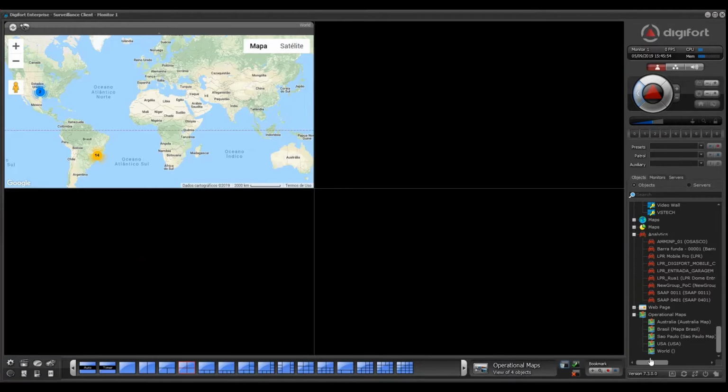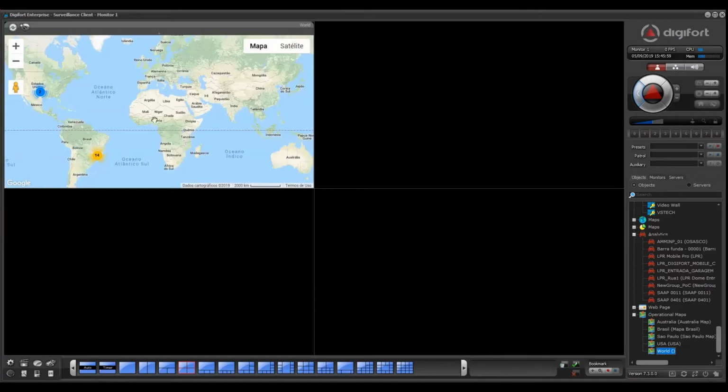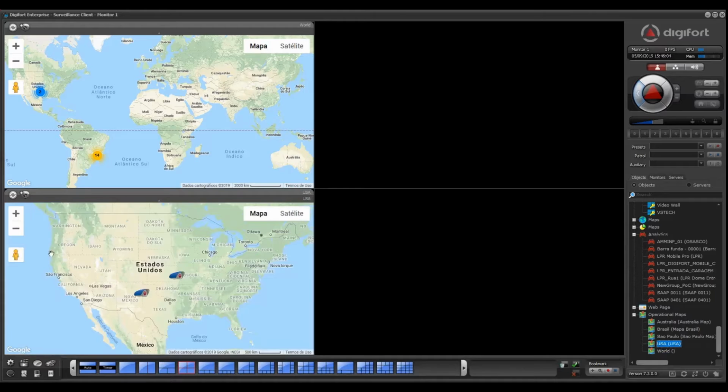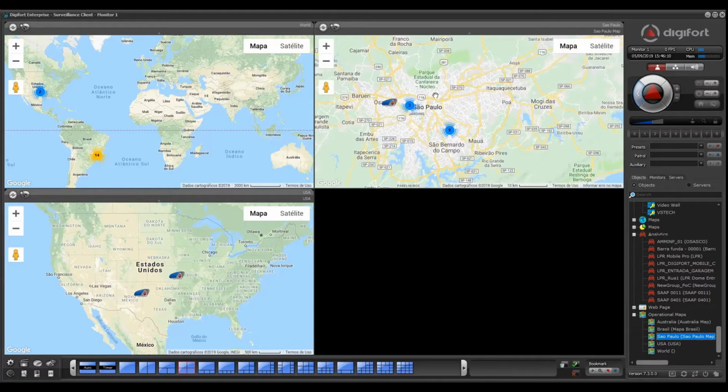So for example, my world map is going to come with the world map open. My USA map is going to open with the US focused, and my São Paulo map is going to show the São Paulo state of Brazil. Now I can easily navigate through the cameras in the operational map by clicking on the